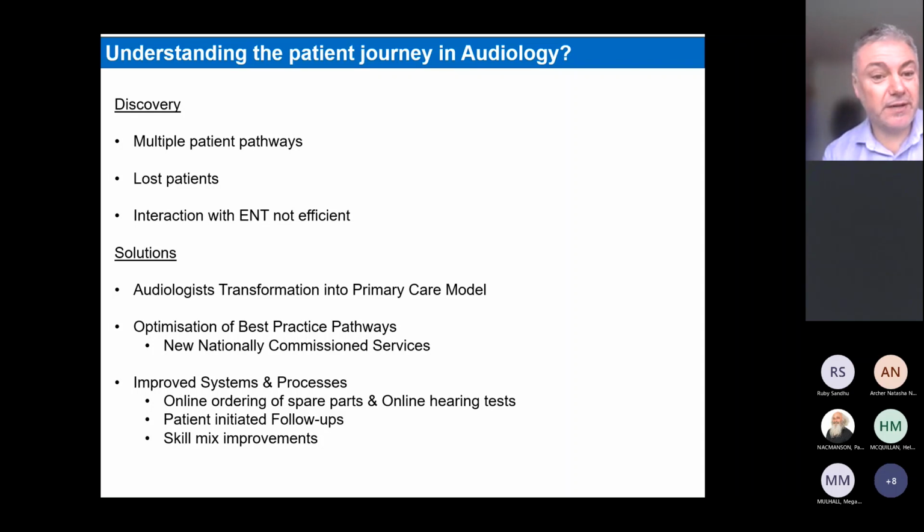Optimisation of best practice pathways and new nationally commissioned services. Improved systems and processes, so now we've started online ordering of spare parts, so patients no longer have to come into a clinic to get spare parts. Patient-initiated follow-ups to stop the number of lost patients and DNAs, and skill mix improvements, which